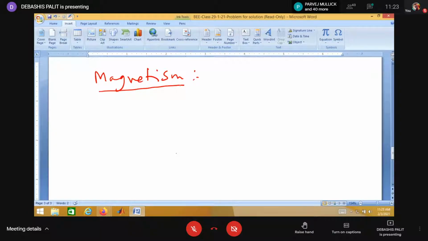I think you have already studied the magnetism chapter, but we can recapitulate this also. I think some of the lectures on this topic may be well known to you. Some of the students may require some new ideas also.